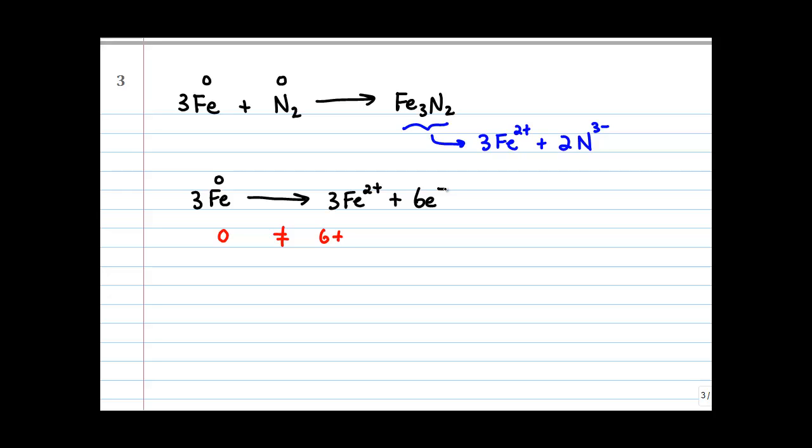Try to do it on the left and see what you get. We're not going to balance the charges. But adding the 6 electrons on the right will balance those charges, because we would have now 0 equals 6+, 3 times 2+ is 6+, 6-. Hey, that's 0. 0 equals 0. We got it. Now, what happened to the iron? The iron lost electrons. So the iron is oxidized,